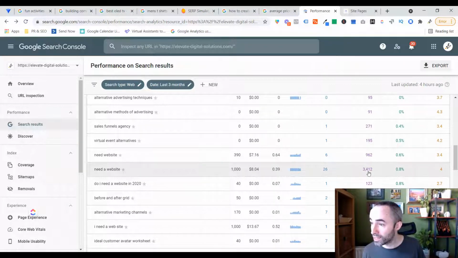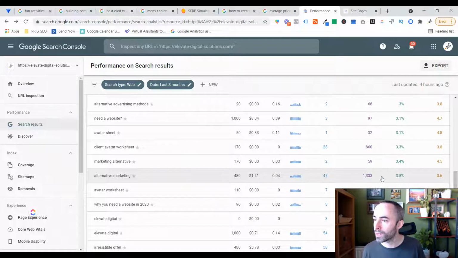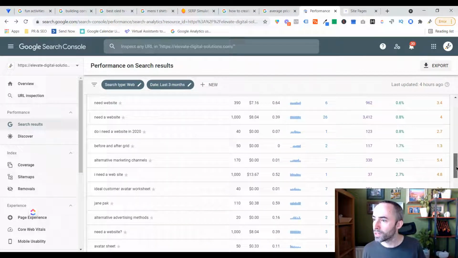So you'll see here this one has got a huge amount. This is the amount of impressions, so this is how many people have actually seen it, how many times it's shown up in the search results page. It's a huge amount of impressions, but a very, very low click-through rate when you compare it to some of these other ones, right? So if we have a look at this,